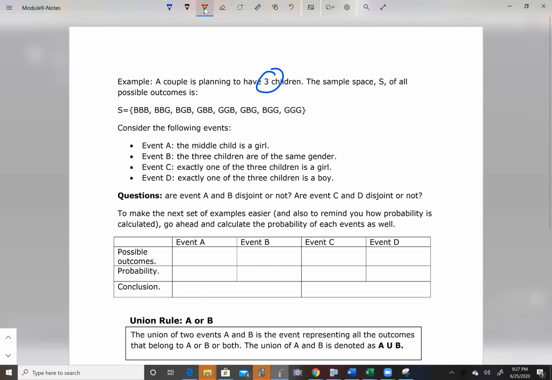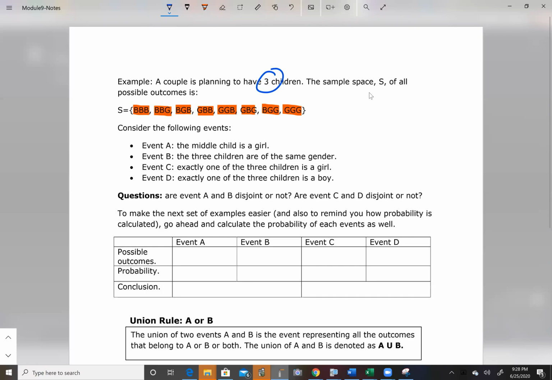Okay, so they're having 3 children. The sample space S of all the outcomes is they could have boy, boy, boy. They could have boy, boy, girl, boy, girl, boy, girl, boy, boy. You get it. So this is every option that they could possibly have. Okay, I'm going to quickly draw it like this because sometimes when I'm going over something, it makes more sense to me